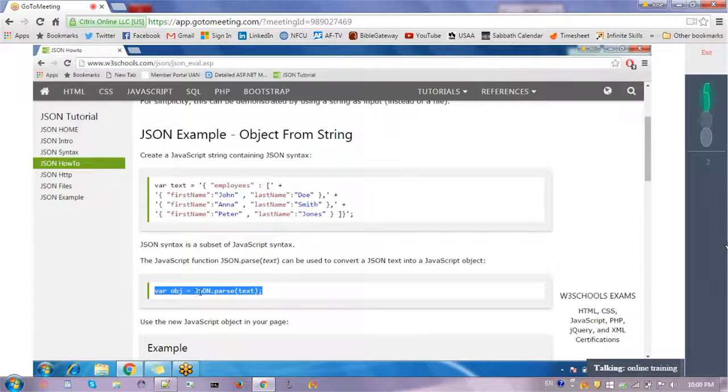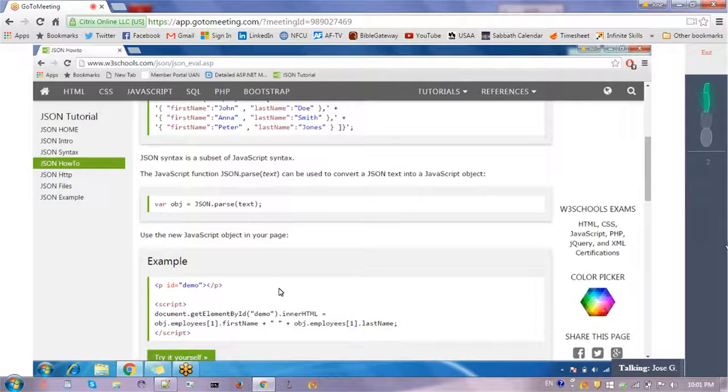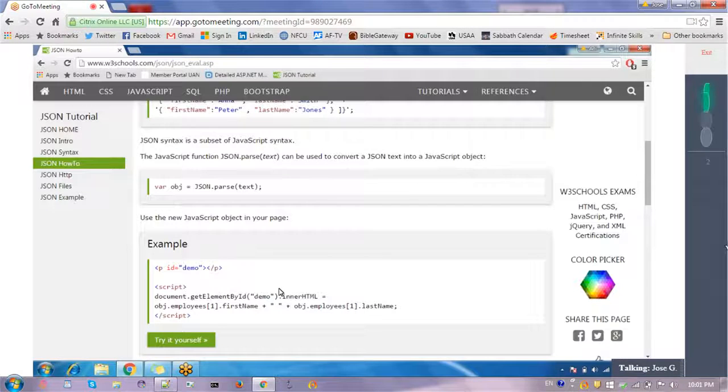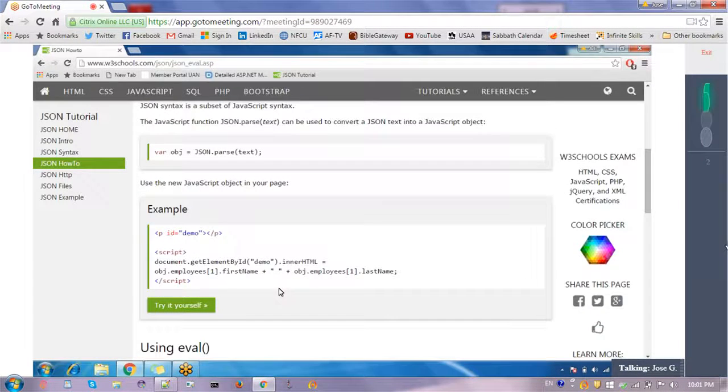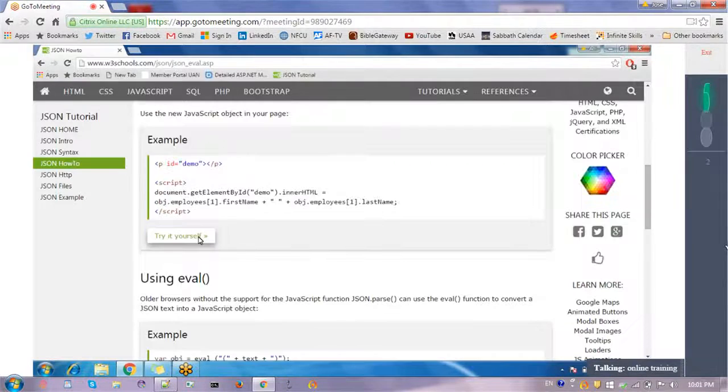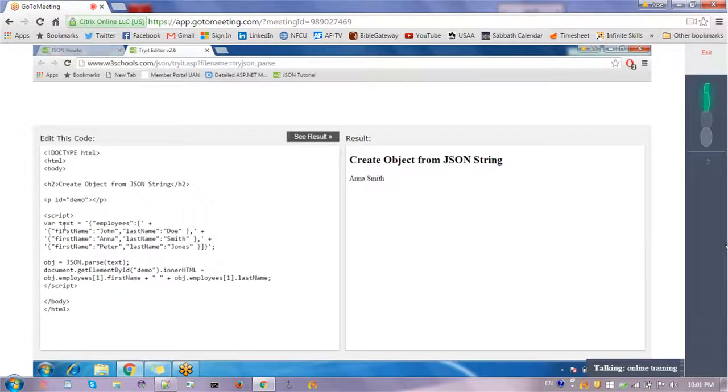So this is a string, and from the string, with the help of this method, we can convert that string into an object. So something like that. So same thing we can try here. So this is the string. If I want to put my name in place of John, I can put that.